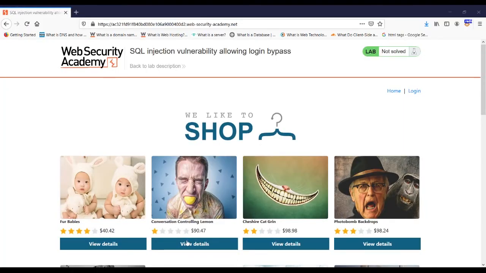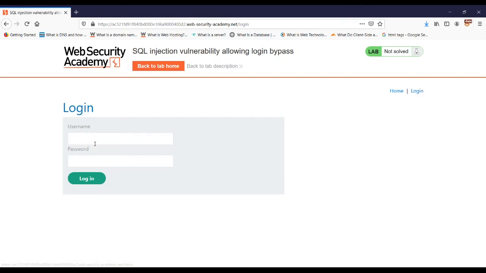This lab contains an SQL injection vulnerability in the login function. To solve the lab, we have to perform an SQL injection attack that logs into the application as the administrator user. First, we will click on the login button to try to log in to the account. Now let us find out what kind of function this website is using, a get function or a post function, in the login form. So type out any username and any password and click login.